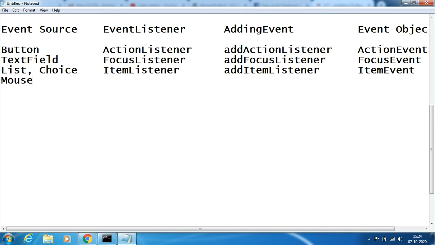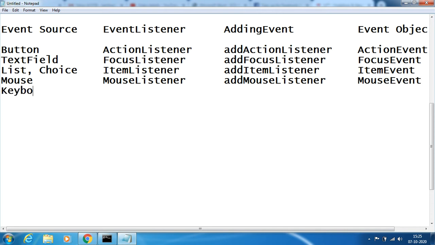Same way, mouse listener, add mouse listener and mouse event. Keyboard, key listener, add key listener and key event.